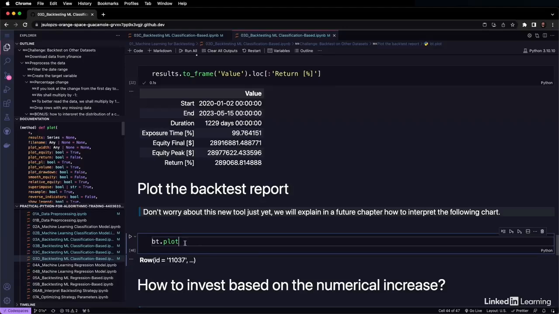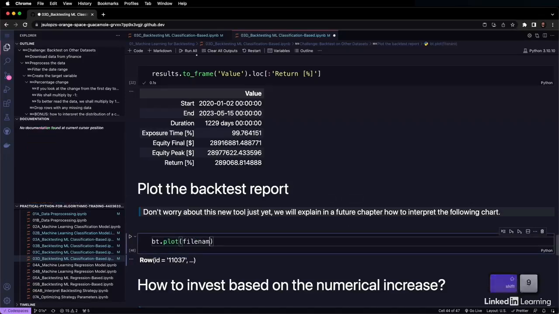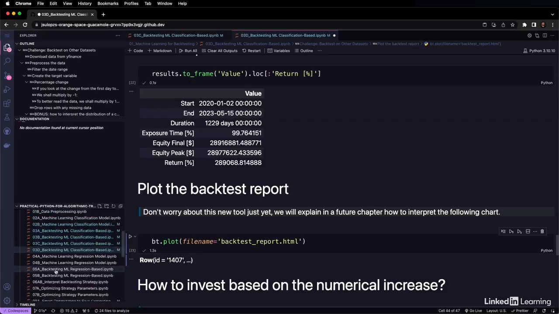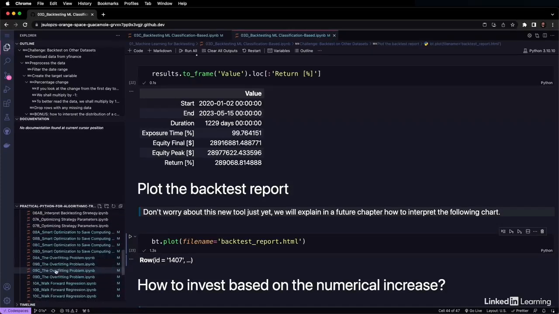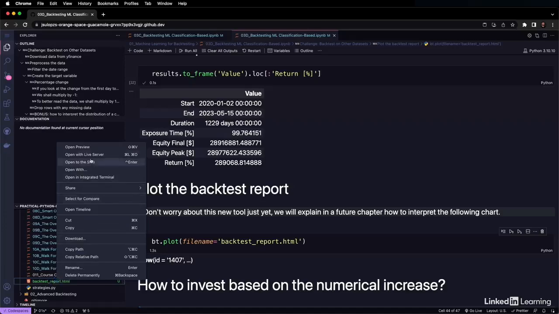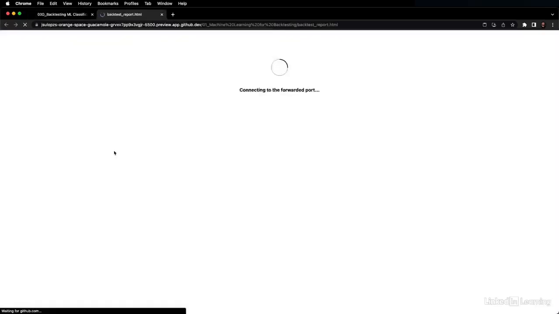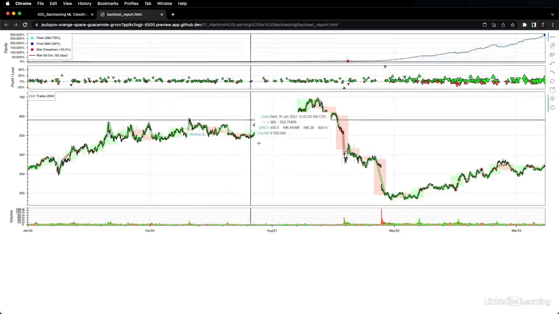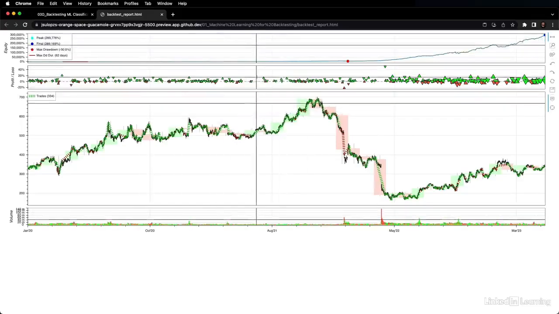By the time you want to put something inside the parentheses, first look at the documentation, and you will see that you can put a file name. So filename equals backtest report, for example. Remember to put HTML because that's the format of the report. And then if you go down, you have the file backtest report. You open it with live server, and you will see this nice dashboard that simulates the investment strategy that you would